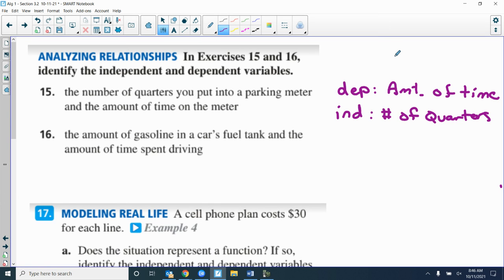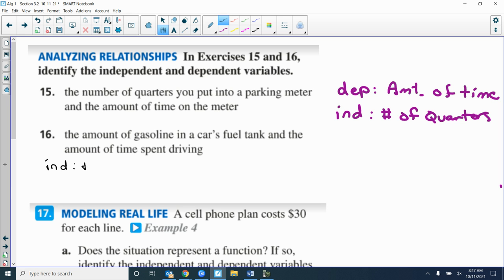No idea. No idea? All right, Mason, see if you know the problem. The amount of gasoline is dependent, and the amount of time is independent. Right, so the longer you drive, the less gas you're going to have, right? So if you keep driving, that would be correct. So the independent